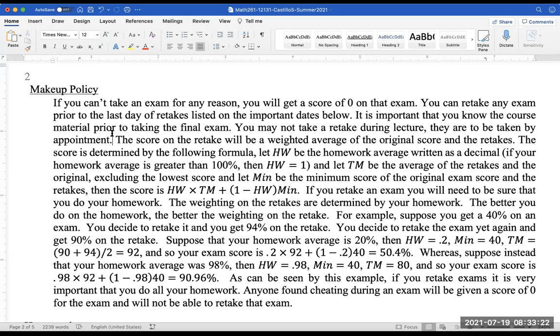But if you don't know what's going on, then you better do your homework. And the way that I require that you do your homework, if you don't do well on exams, is that your retakes are weighted according to your homework. So